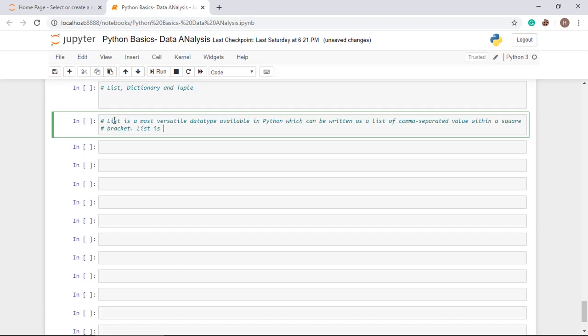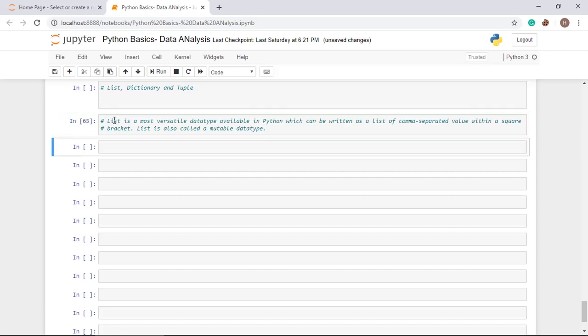List is also called a mutable data type. Mutable in the sense that you can change the value of this data type.